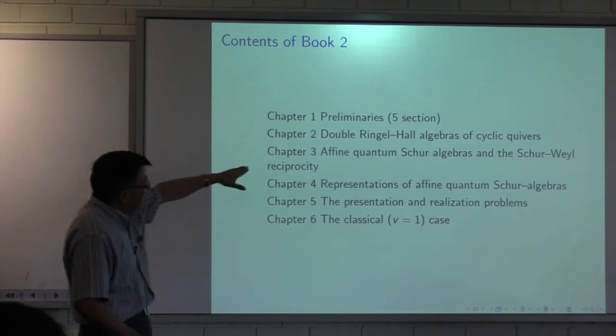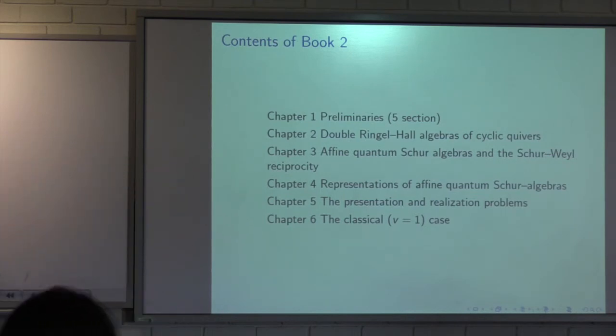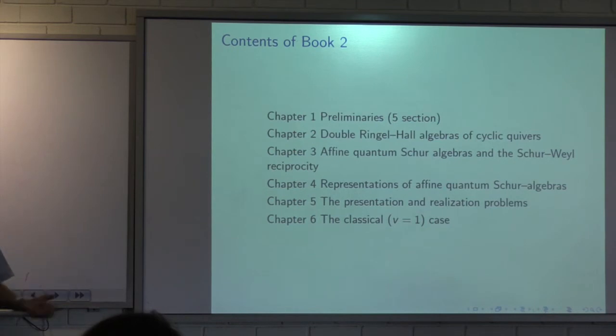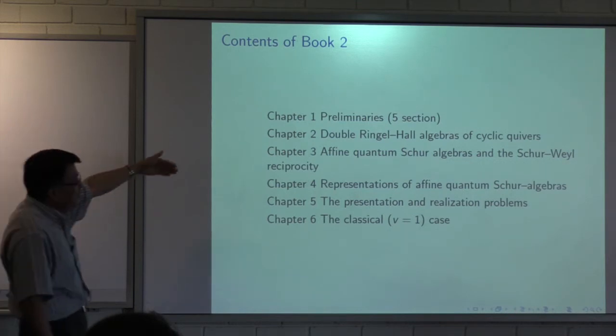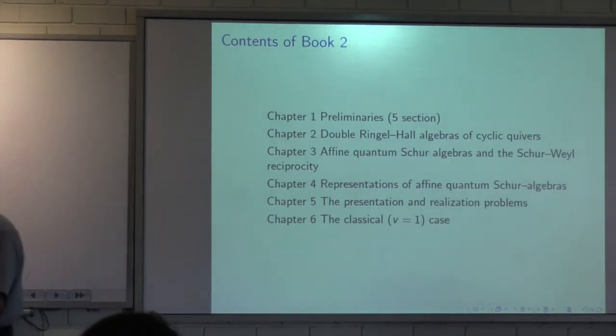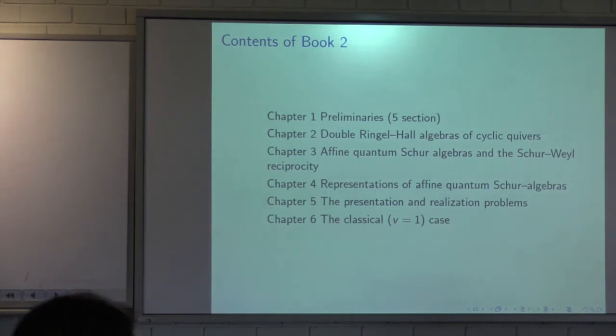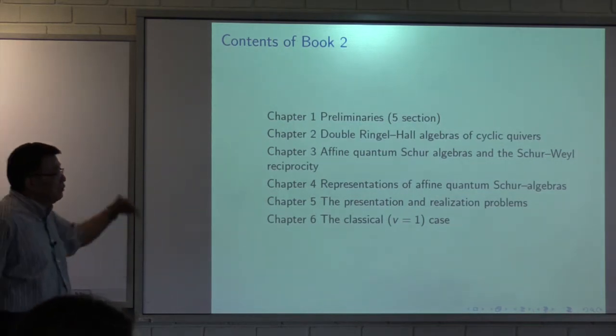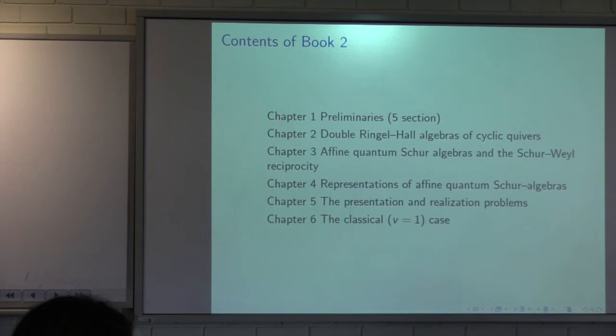Then we look at affine quantum algebra and Schur-Weyl reciprocity. So this is the Schur-Weyl view. A hundred years ago, people were interested in this part of the theory. But now you look at the infinite version. That's the affine version, more or less the infinite version. So can we do something for that? Well, we did. We proved some interesting theorems, and we leave a few conjectures we are still working on. I think we have proved a couple of conjectures recently.